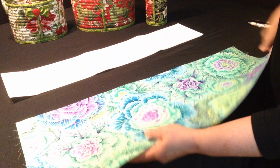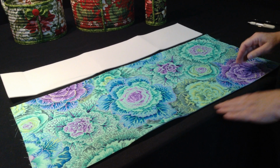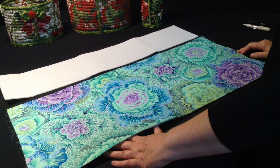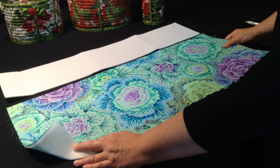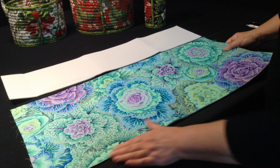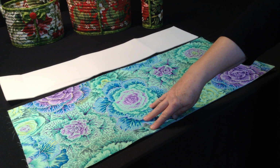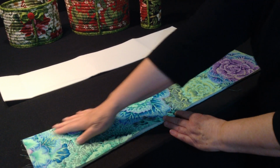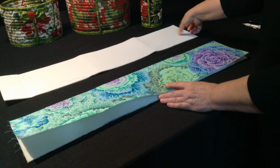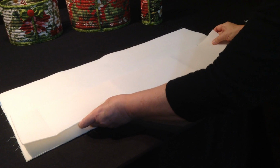You will fuse your fabric to the larger piece of the Inner Form Plus. When you do that, make sure you have parchment paper or a Teflon ironing sheet underneath so that when you iron this, it doesn't fuse to your ironing board. Iron your fabric onto this piece with a hot steam iron, and then flip it over, fold it in half, and crease the top. You'll slide your second piece of Inner Form in between,